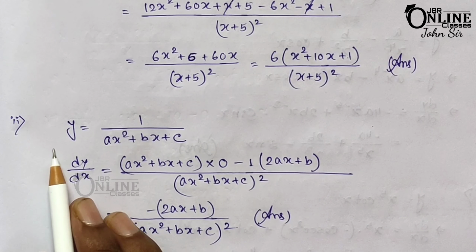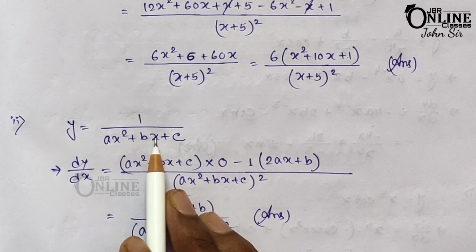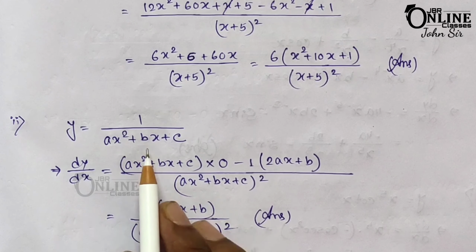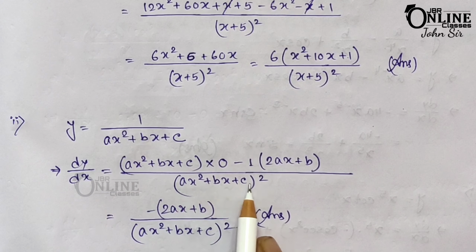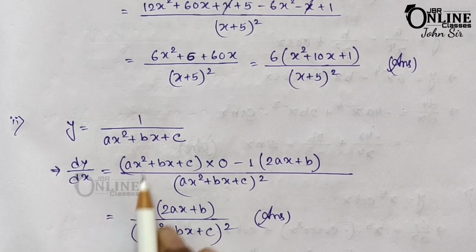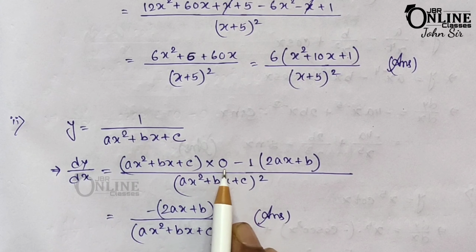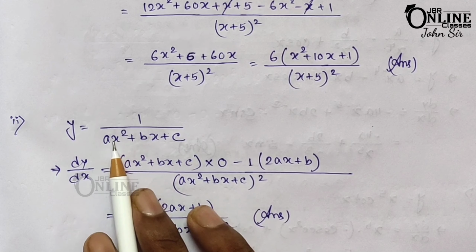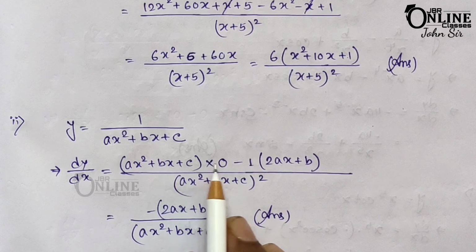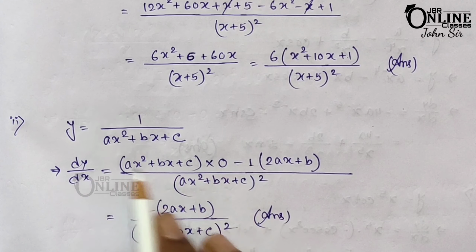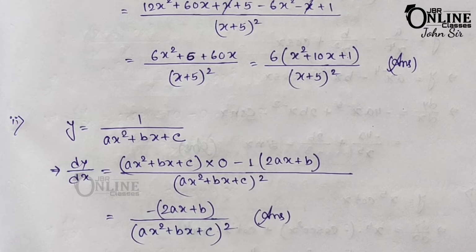Now the second one, number 2. Here the given function is 1 by ax square plus bx plus c. So you can also treat it like u by v. Here u equals 1 and v equals this one. First write down the v square in the denominator, and then write down here the v, v into the derivative of 1. Now the derivative of 1 equals 0, then u into the derivative of this one. So it will be 2ax and this one is b. Clear? Now 0 multiplied with this one will be whole 0. So write down minus this one by this one as your answer.